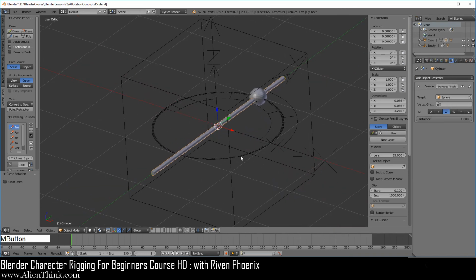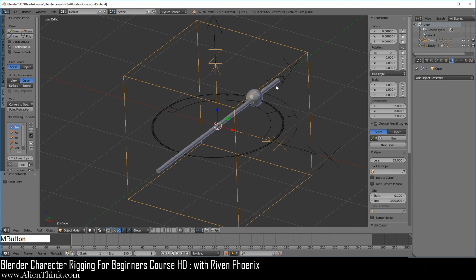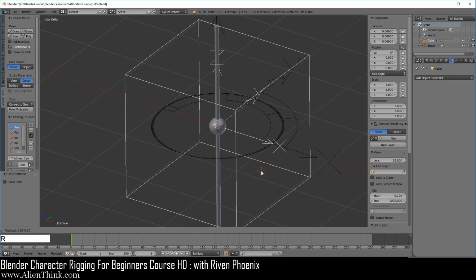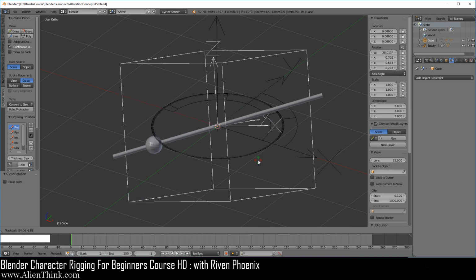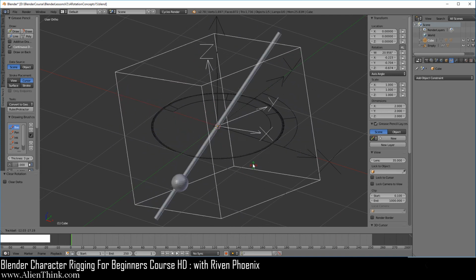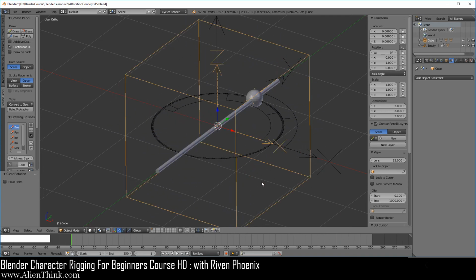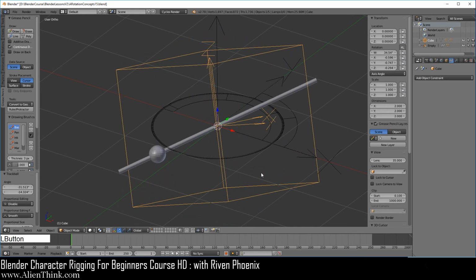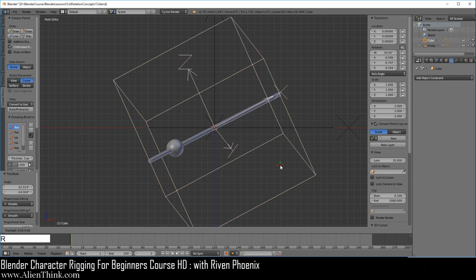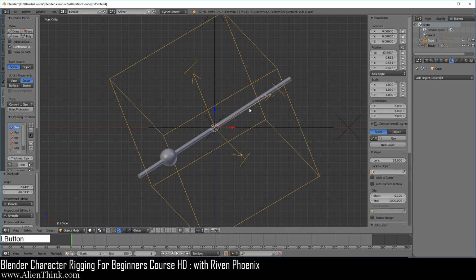Now notice this, when you click on this cube, press the R key to rotate it. Notice how the internal pole rotational system is working. Okay, so what I want you to do is press the R key 2 times and just rotate the cube again, just like this. Press the 1 key and just rotate it kind of like this over here. Notice how the pole is working.